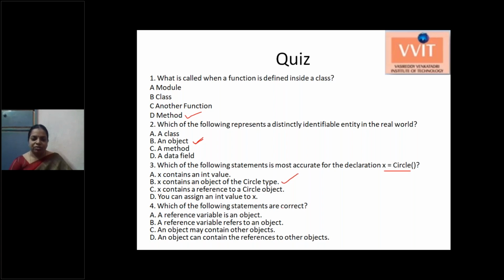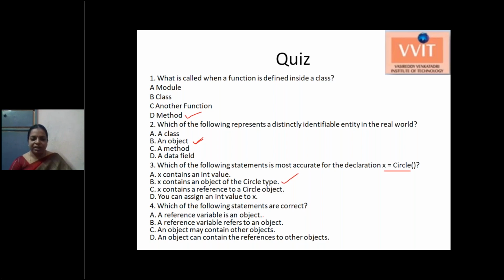And for the fourth one, which of the following statements are correct? The first statement is a reference variable is an object, and a reference variable refers to an object. An object may contain other objects. An object can contain references to other objects is also right, but actually the correct answer is a reference variable is an object.